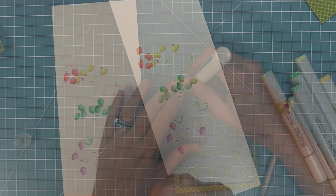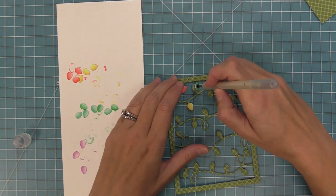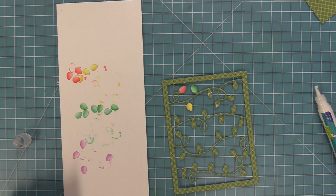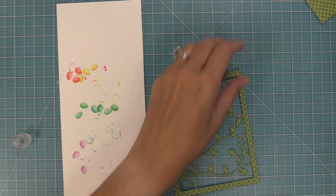Then once all of these bulbs are done, we can start to add them to the backdrop. So I'm using a little bit of liquid glue with a glue tube, just adding it onto the base there, and then we can layer our beautiful rainbowy lights right on top. And this is just, oh my gosh, I just think it looks so happy and sweet and so perfect